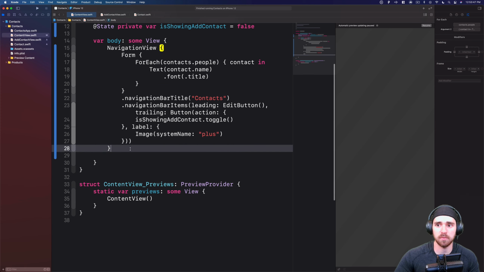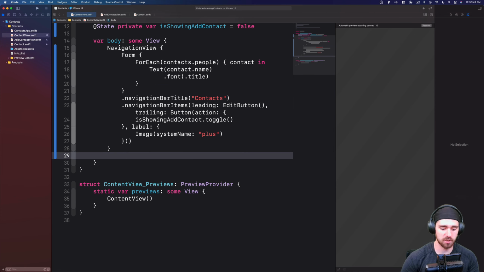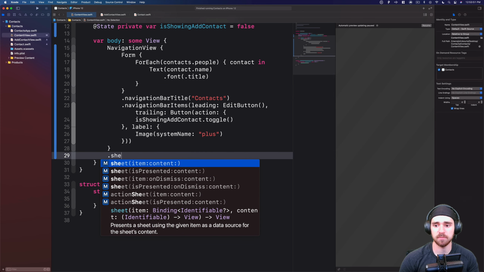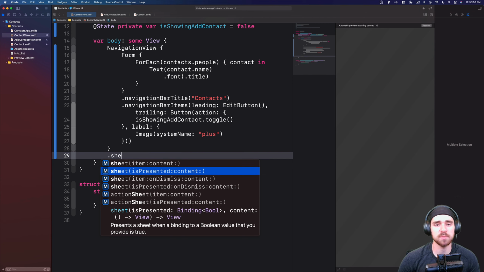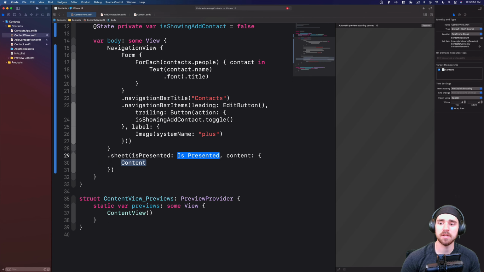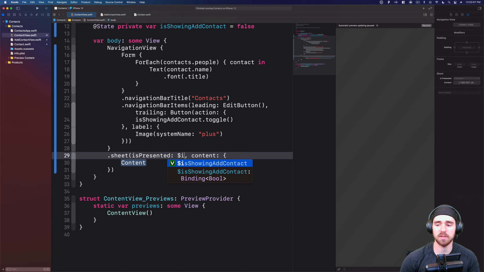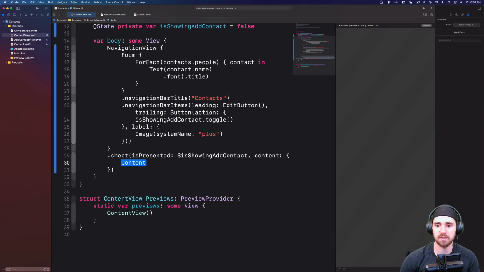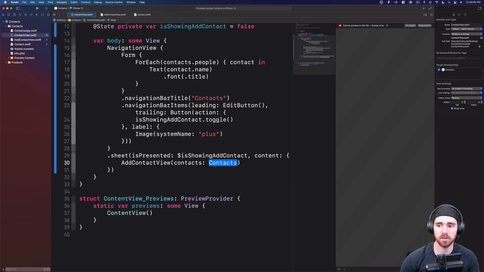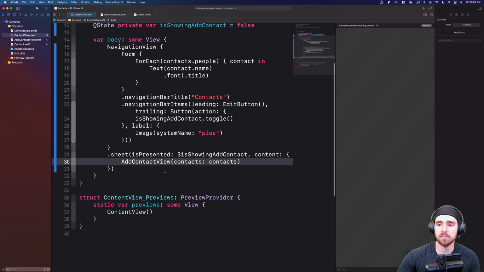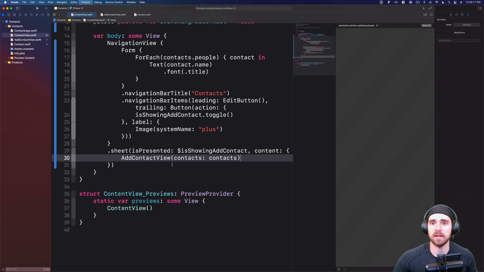So after all of this, we can come down here, do .sheet, and we're going to use the isPresented and content. So isPresented, we're using the isShowingAddContact, and then the content is just AddContactView. And we're going to pass in our contacts. So now, if we go ahead and run it again,